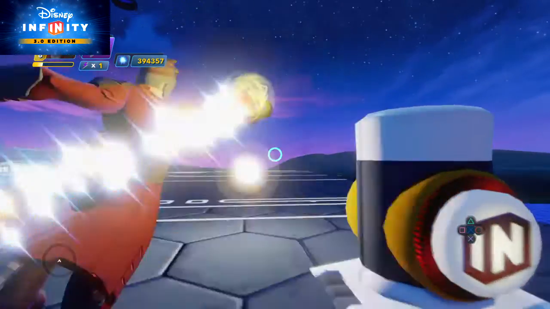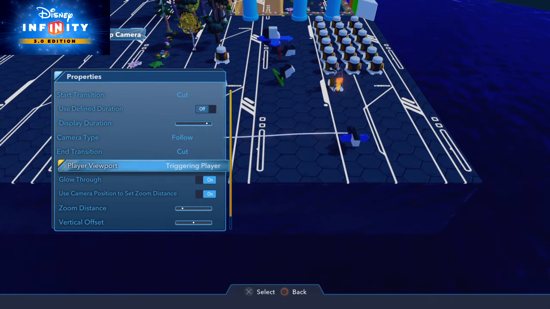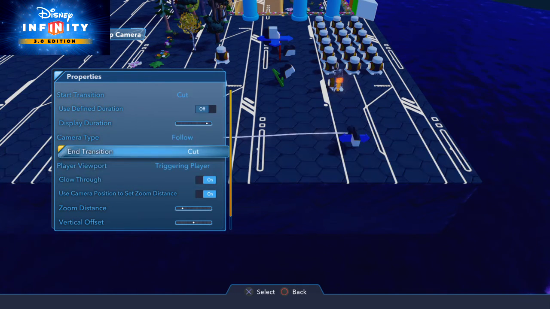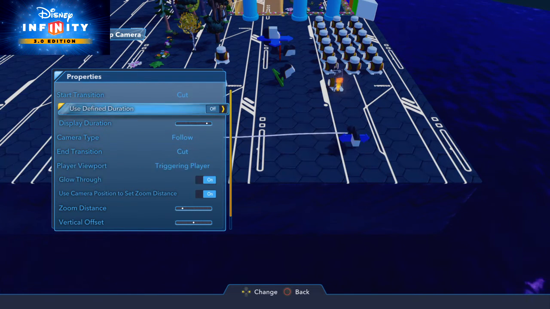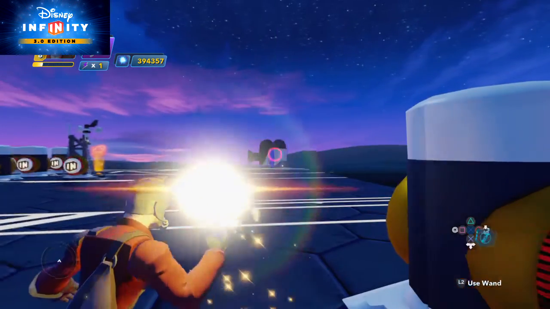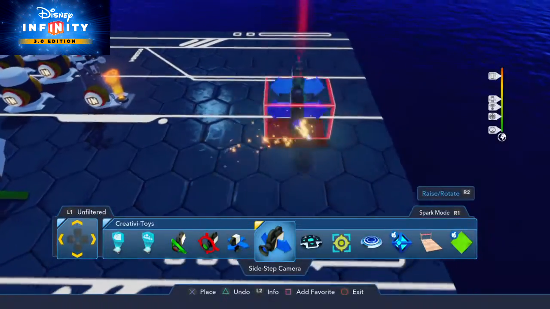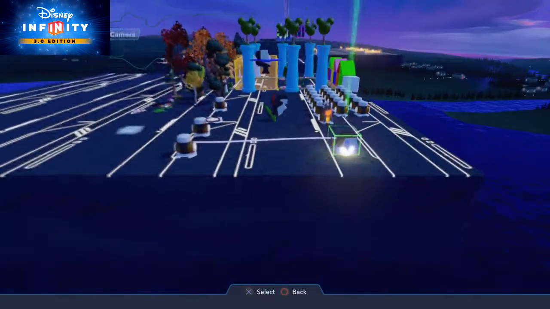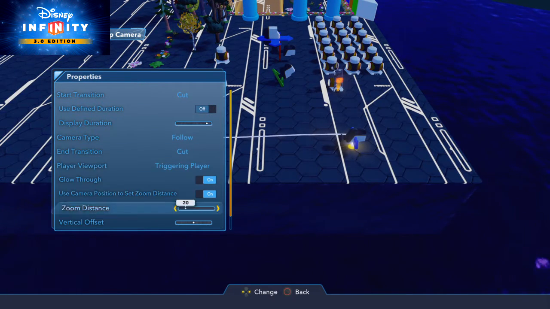So I'm going to open the properties for this, and this is similar to the bird's eye camera a lot. It has all of the same options for all 3 of the cameras, not the angled one though. So I'm just going to flip this. I'm going to grab this, just have it be like that for now. And now I'm going to enter the properties again. And then we're going to come to